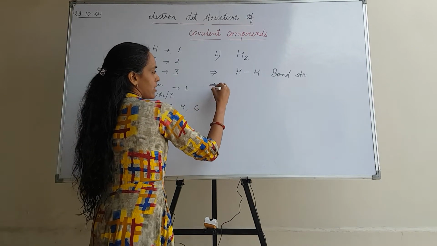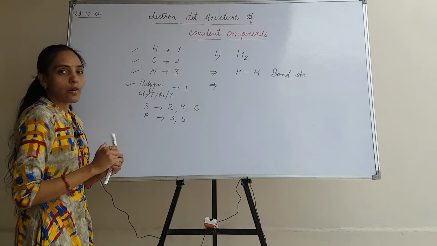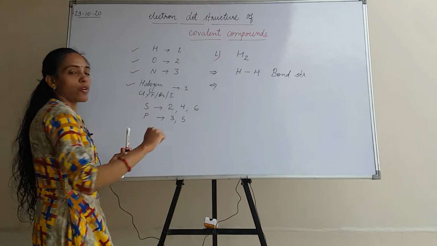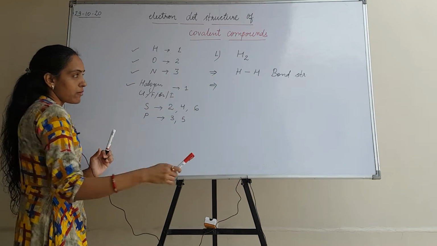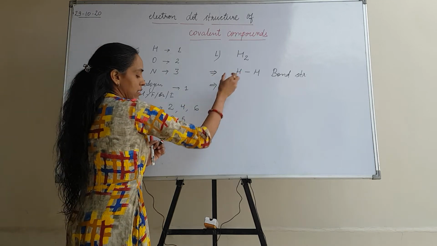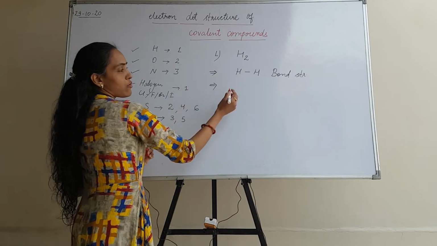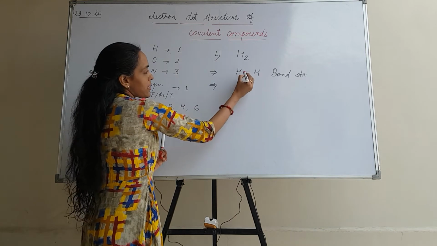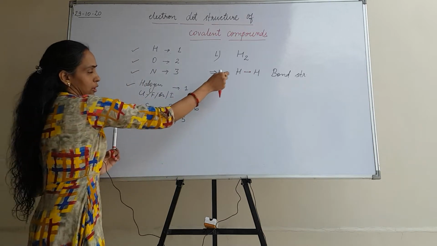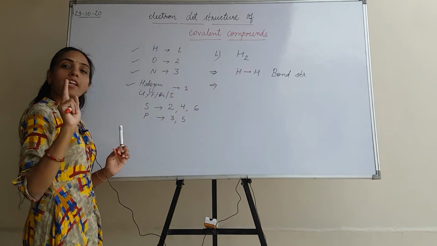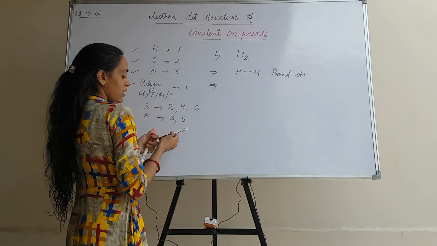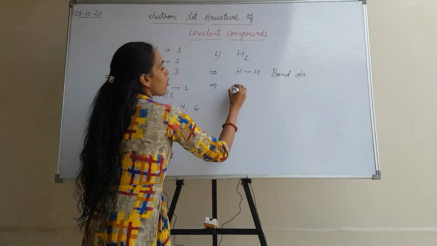Focus on it carefully. Second thing, what you do now, imagine we want to remove this bond. Just we are imagining, because if we remove the bond then the existence of the molecule will not be there, but we are just imagining. And for this you must know, whenever any bond is present, at both corners there will be electrons, because a bond will always be present in between electrons only. This you all know that.